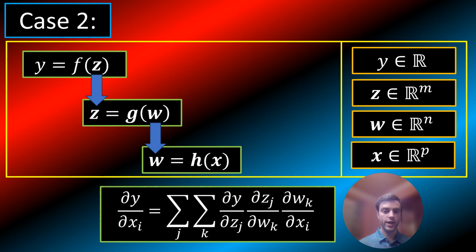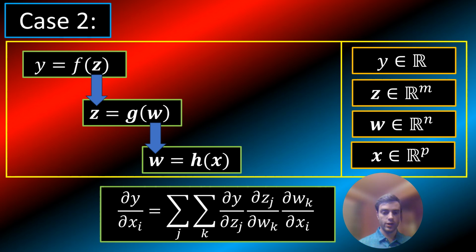All right, so now we move on to case 2, which is a bit more complex. We add the intermediate variable w, where w is a vector of length n, and we change the length of vector x to length p, and then z remains as length m, y remains as a scalar. And so in this case, if we want to take the partial derivative of y with respect to xi, we're going to add up all the possible paths from y to xi